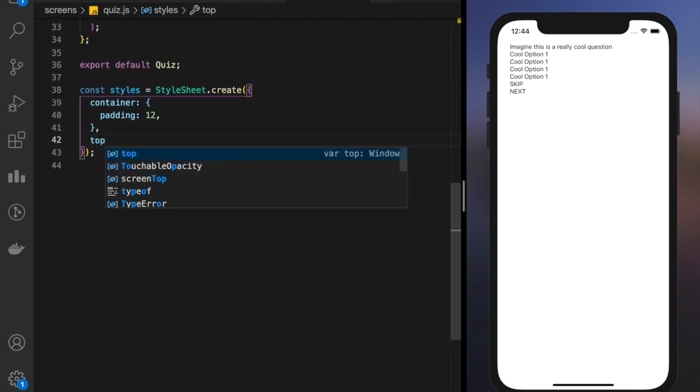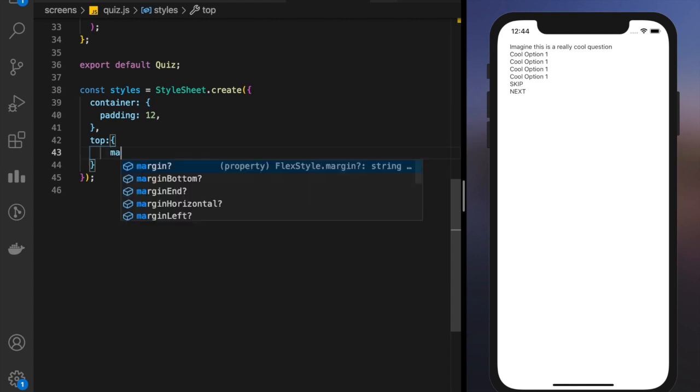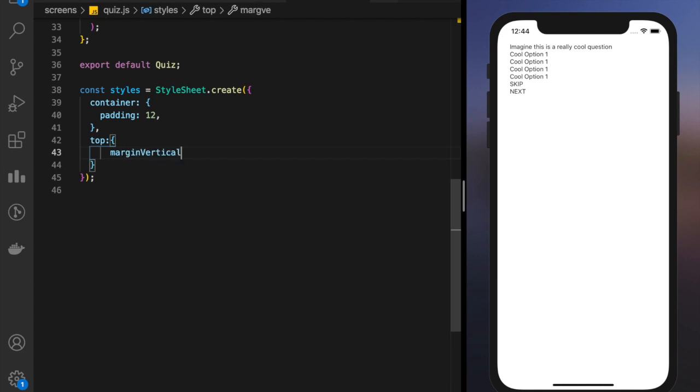For top, I can give it some padding and some margin to give it a better feel. I can give it margin first of all vertically, so that the options go down, and I'll give it 16. You can see there is a little gap now. Then options.